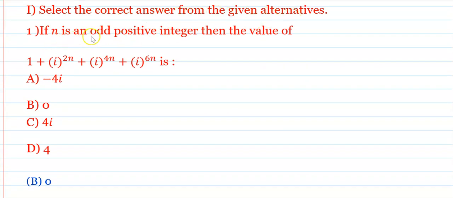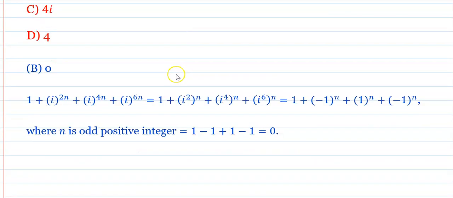If n is an odd positive integer, then the value of 1 plus i raised to 2n plus i raised to 4n plus i raised to 6n is. Okay. Now we'll find out the answer. That is, 1 plus i raised to 2n, i raised to 4n plus i raised to 6n can be written as